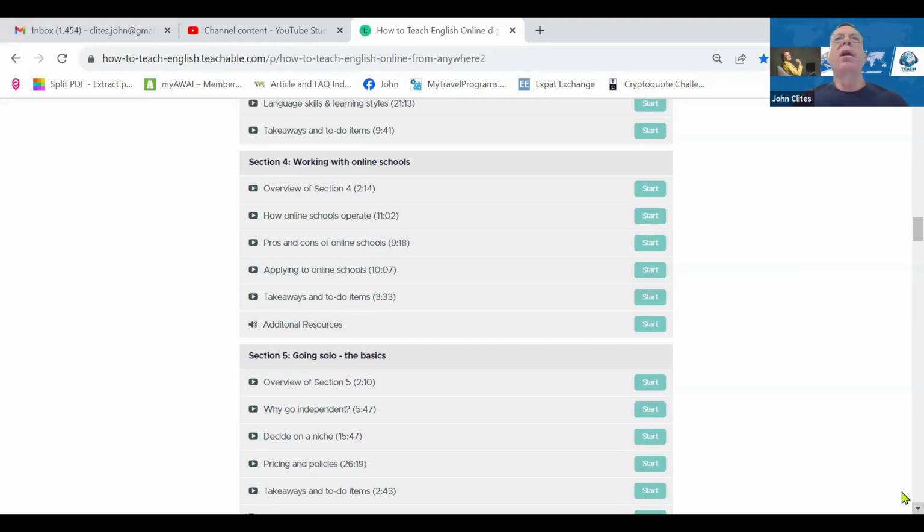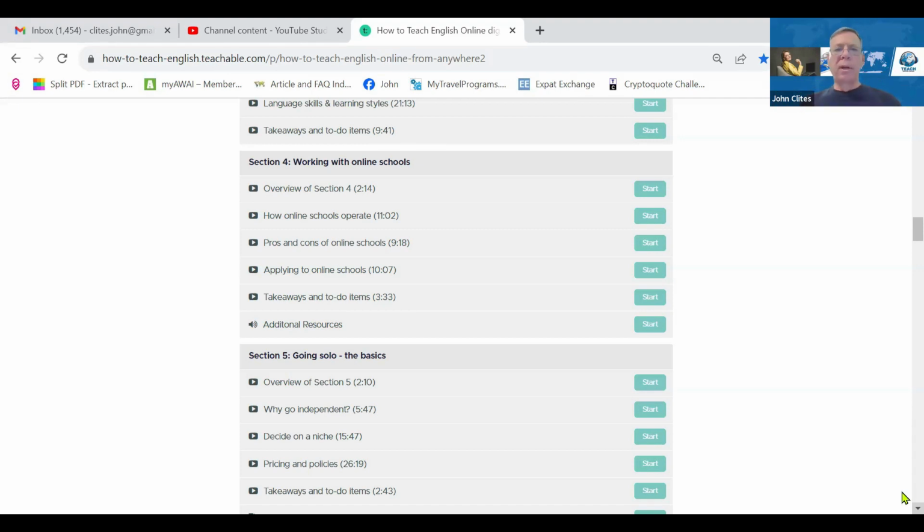Having said that, a lot of teachers do want to work with schools, at least initially. And I understand it because they want to focus on the teaching and getting grounded. And if you work through a school, there are decisions you won't have to make, such as what materials to use. Those are going to be provided to you, and you're going to teach this in this way.